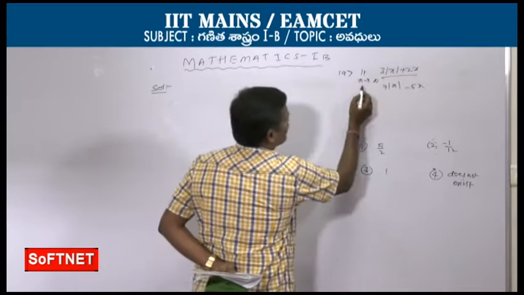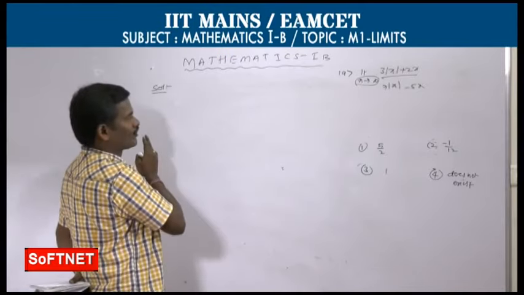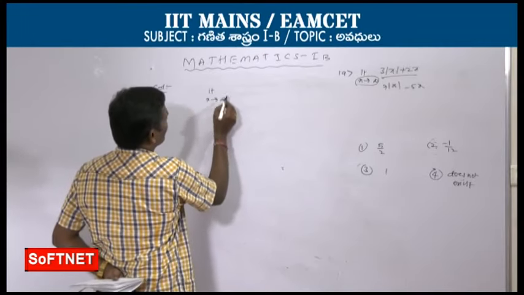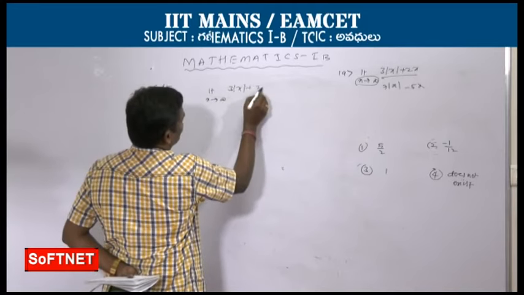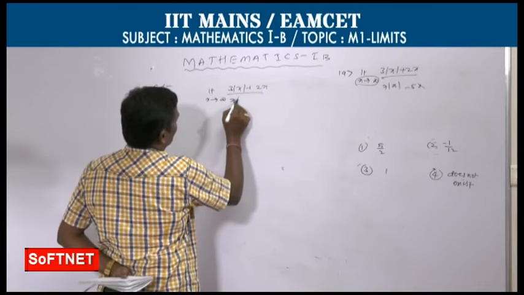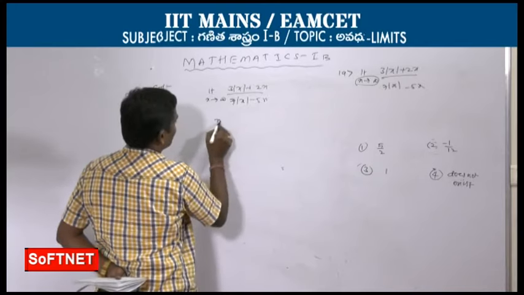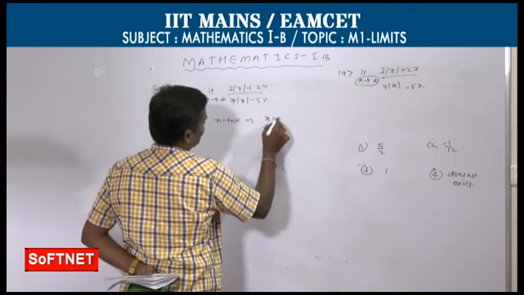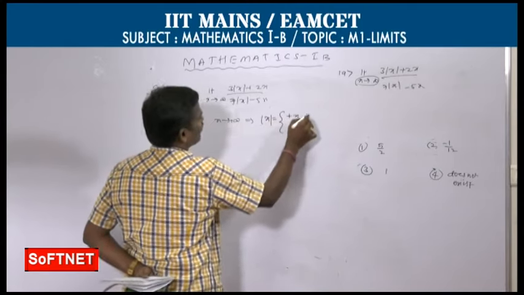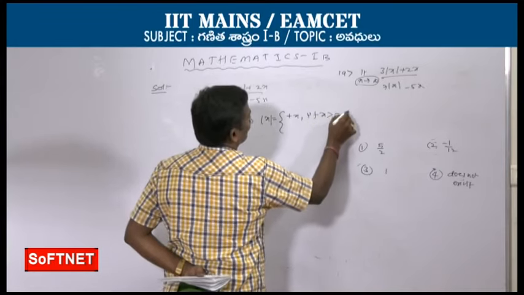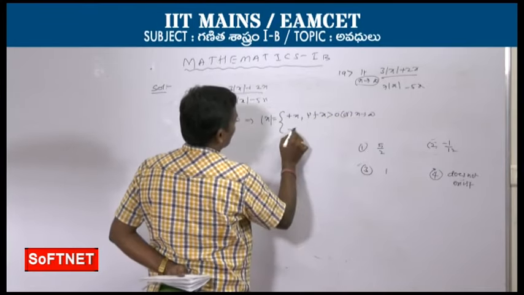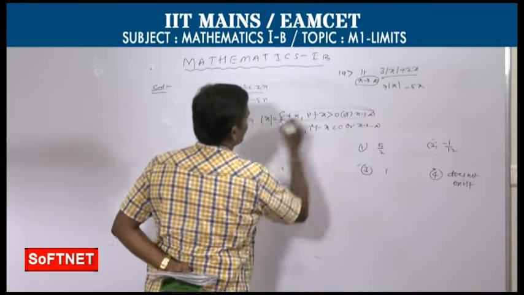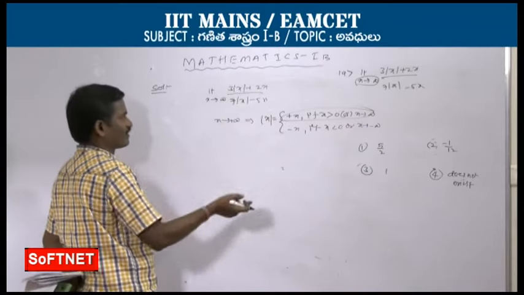Here, simple case: x approaches positive infinity, it approaches from the positive side on the real number line. So the limit as x extends to infinity of this expression, with x approaching infinity on the positive side, is nothing but what? The definition of mod x is plus x if x is greater than 0 or x tends to infinity, and minus x if x is less than 0 or x tends to minus infinity. This case will follow. Why? Because x tends to positive infinity.